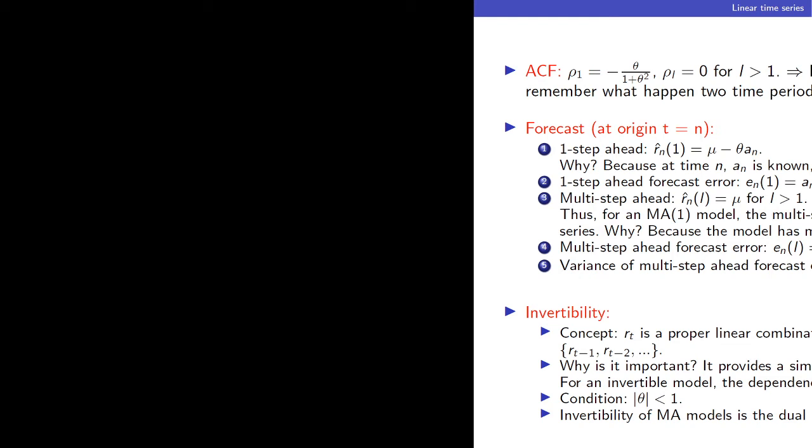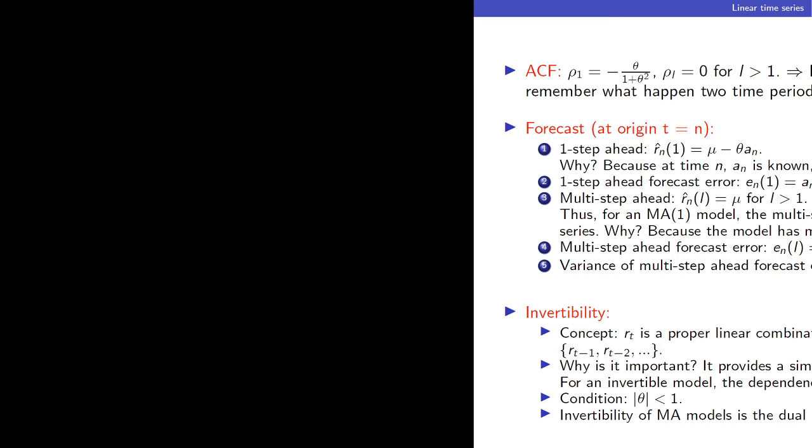The model has as much memory as coefficients you take. So a multi-step ahead forecast error would be defined this way. This is unknown, so it could go pretty wild. And the variance of multi-step ahead forecast error is always this, because it's the variance of r sub t to begin with. So r_t is basically a proper linear combination of a_t and